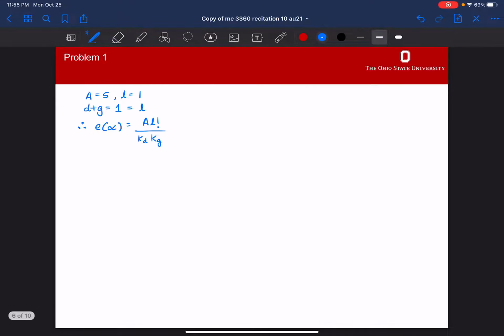So I've written down the formula and our terms beforehand. The only thing that we need to evaluate now is these KD and KG terms. We know A, we also know L, right? So let's go ahead and do that. So KD would be nothing but limit s tending to 0 for d naught, and in this case, as you guys remember, d naught was nothing but 1, so this turns out to be just 1. And KG,